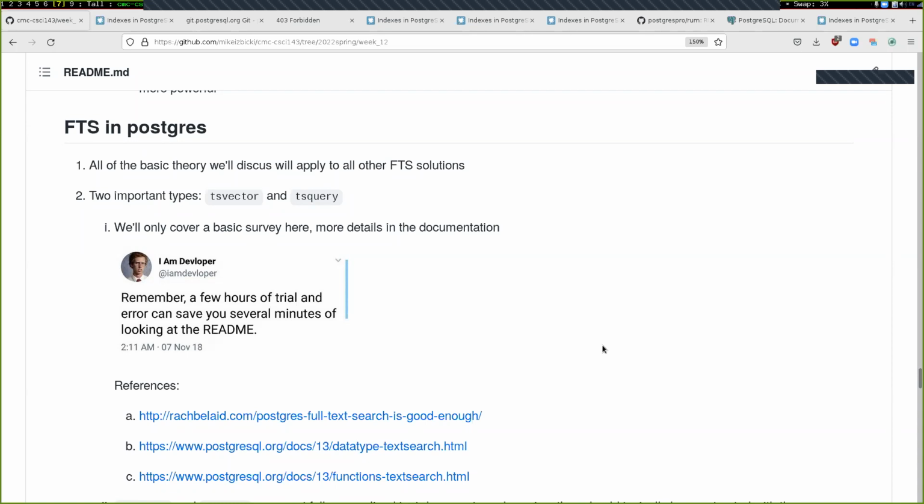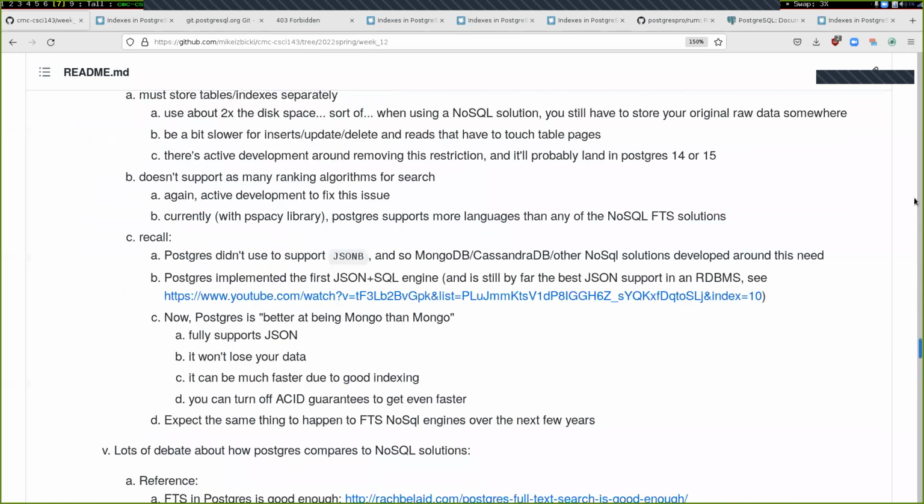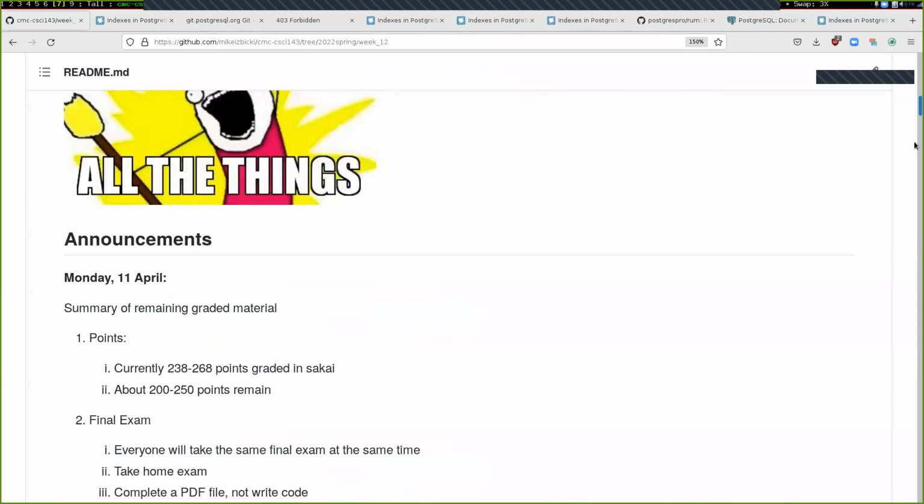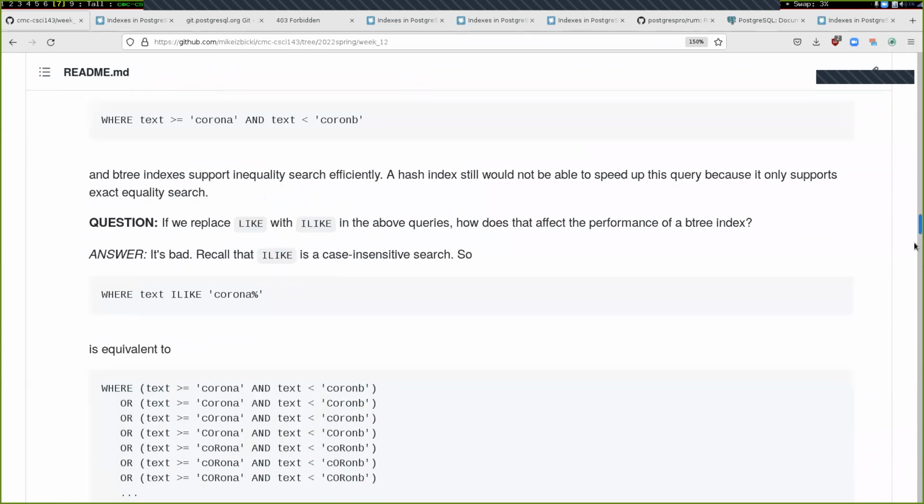Last time we talked about our newest homework assignment, this Twitter Postgres indexes assignment. We're going to finish up the material that you need for this assignment today. In particular, three things that we'll be talking about are,